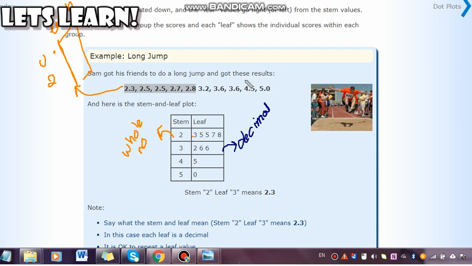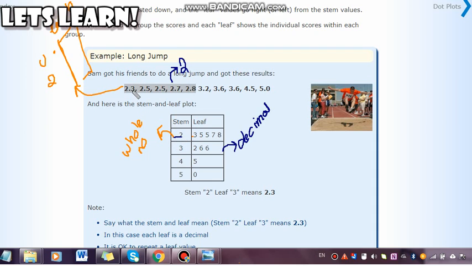So here, let's suppose we have 5 groups of numbers. We have 5 numbers having the same common number in the units place, that is 2.3, 2.5, 2.5, 2.7, 2.8, and the common number in the units place is basically the 2. So we'll be creating a group or the stem, that is basically the 2, and the numbers coming in the